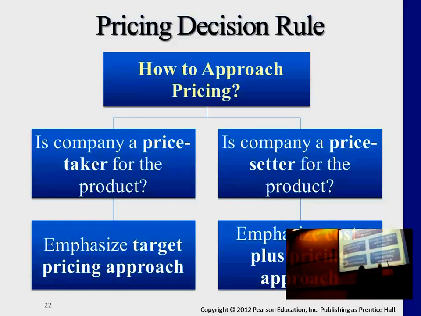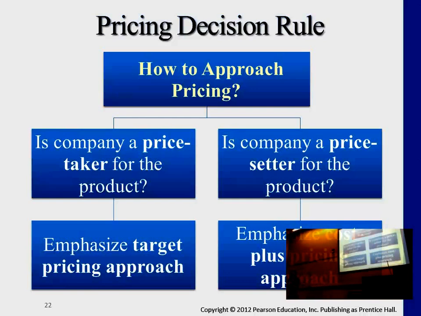A cost-plus approach to pricing is usually used for price setter companies. Again, as long as you're able to persuade customers that your product is more unique, that it has some features that your competitors probably were not able to provide to them. So with this cost-plus approach, we don't move backwards, but we start from understanding what the actual manufacturing cost is. Then we add the desired profit. Of course, we still need to know what customers' demands are, what customers' requested price for the product is, but it's more of a reference. We don't actually need to follow exactly whatever results we get there.